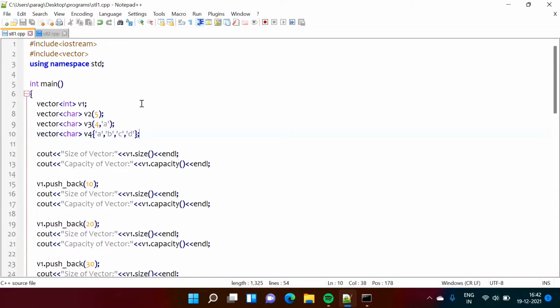But if you try to access the 5th or 6th element, we will get an error because that array has a fixed size. But that is not the case with the vector. Vector is also called a dynamic array. Dynamic array because its capacity gets increased. Now see by how much that capacity gets increased. So capacity gets doubled whenever it is needed.